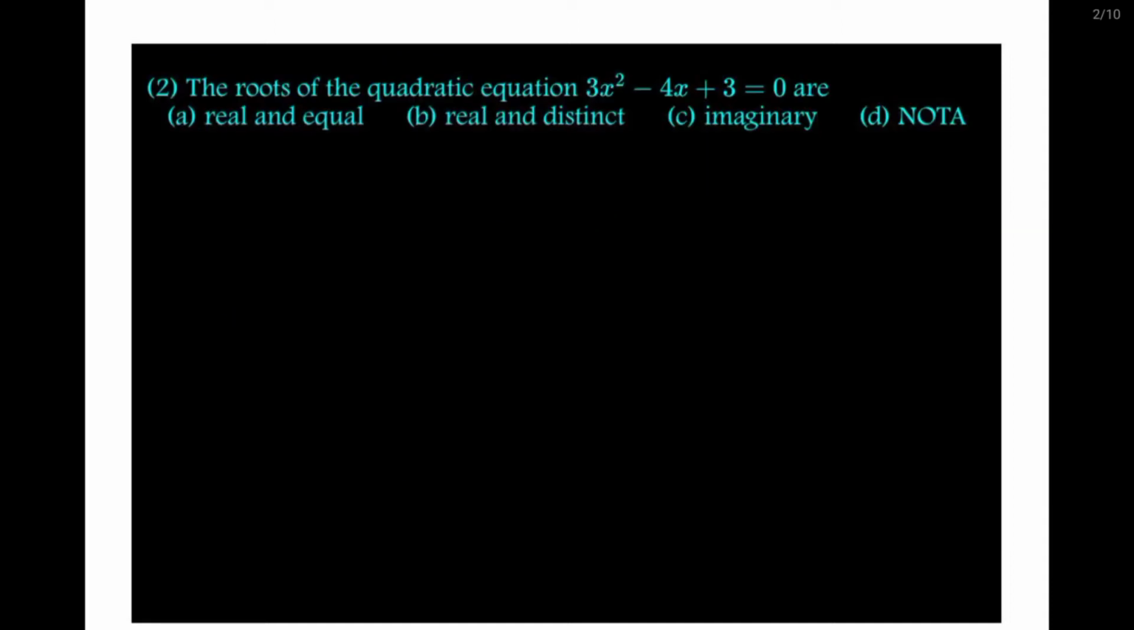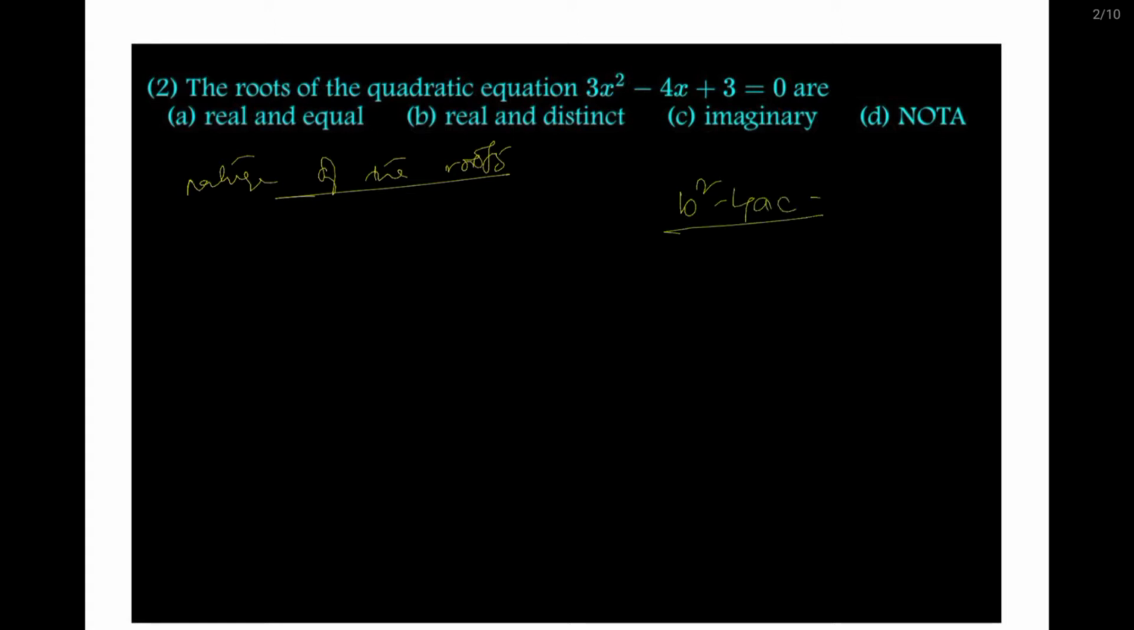The real roots of the quadratic equation, the roots of the quadratic equation 3x squared minus 4x plus 3 is equal to 0 are. Here basically you have to find the nature of the roots of this equation. So nature of the roots, whenever we study, we find b squared minus 4ac, and if